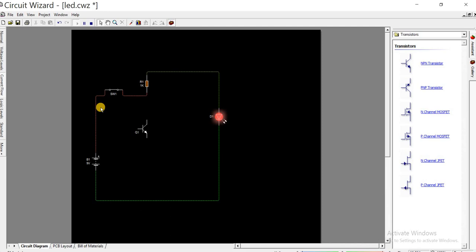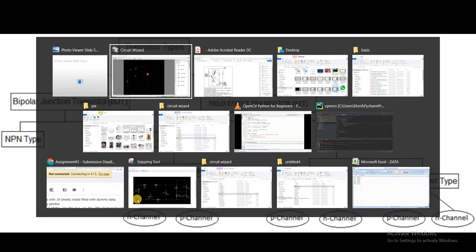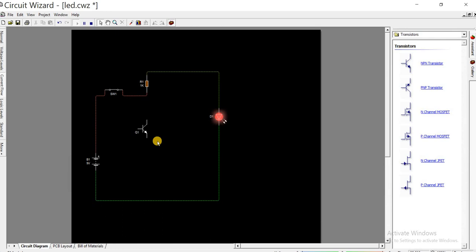Firstly, how do you identify the collector, the base, and the emitter? You have three pins: collector, base, and emitter. For MOSFETs and FETs generally we have gate, drain, and source, and for BJT we have collector, base, and emitter. So how do you identify them? You can use your multimeter to identify the pins,